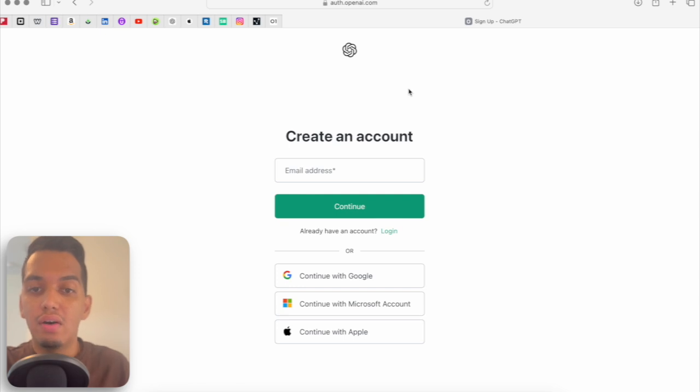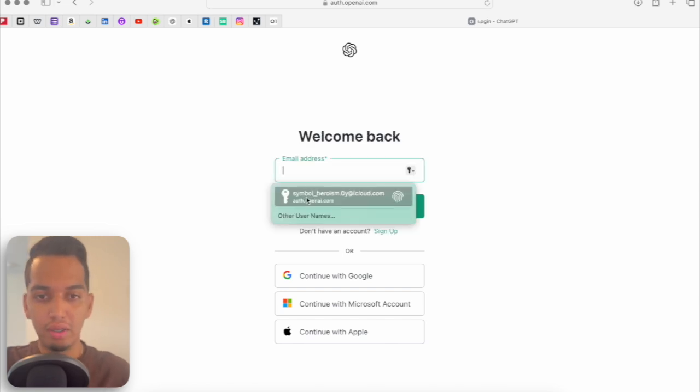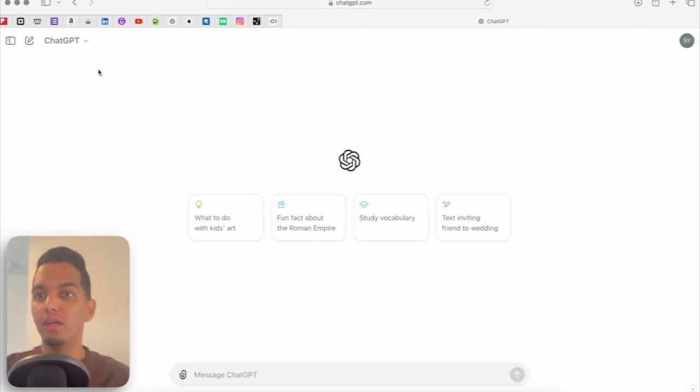If you don't have an account, it's easy to create one. You just fill out your email address and you create a password, and that's about it. So go ahead and log in. Now when you log in,